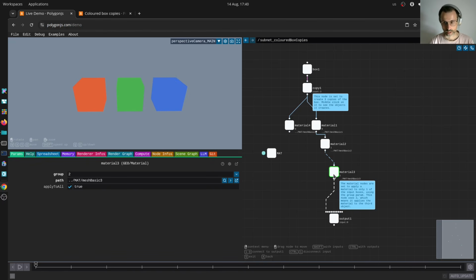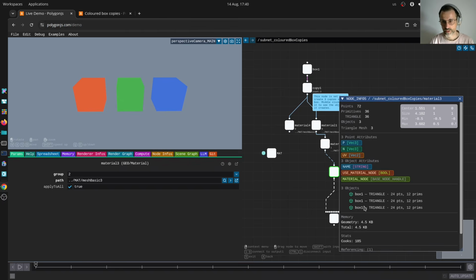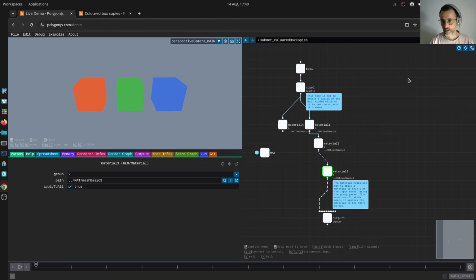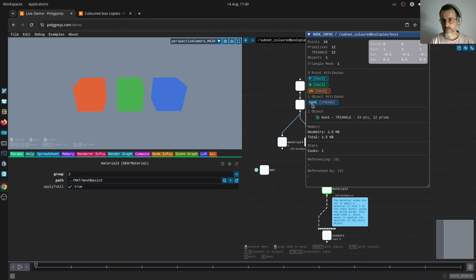Another way to inspect your scene. So here I do not see any material assignment. I see what the objects are, but I do not see what their material is. But I do see that there are some attributes on the object. So again, if I go back up here, I do not see the same attribute. I see P, N, and UV, which are position, normals, and UV, which are classic geometry attributes, and the name,